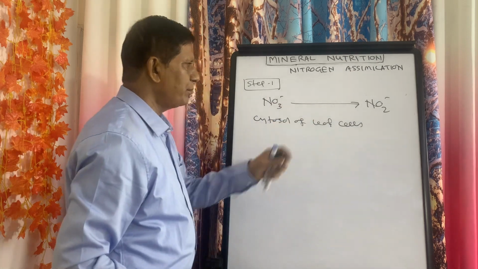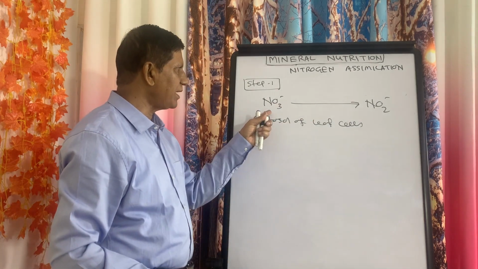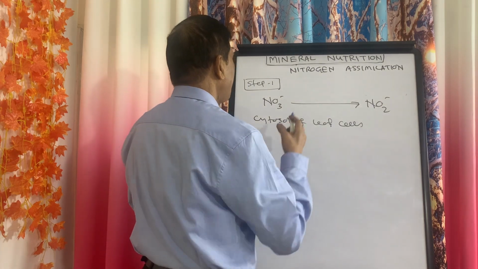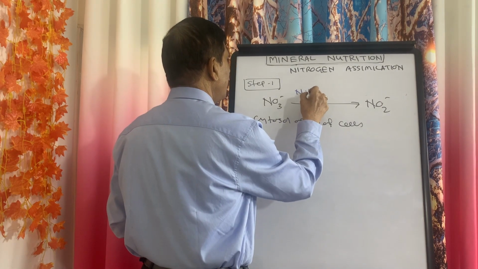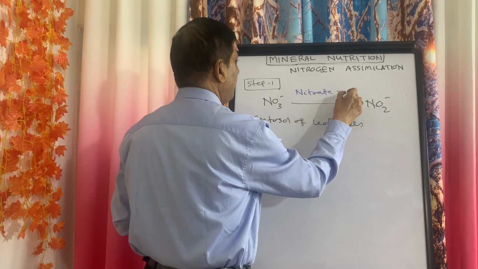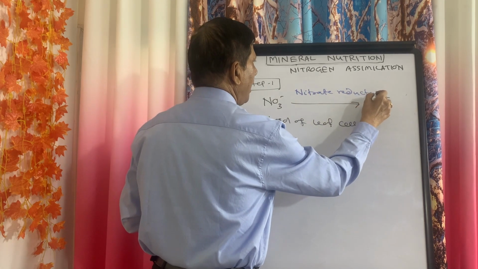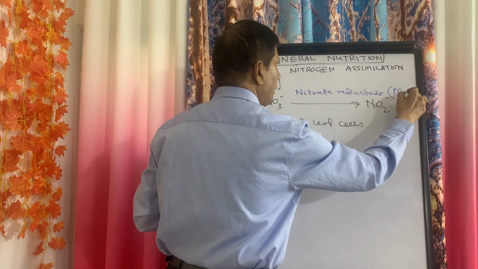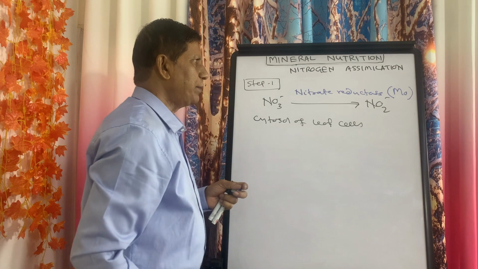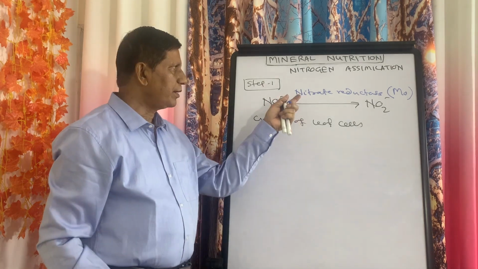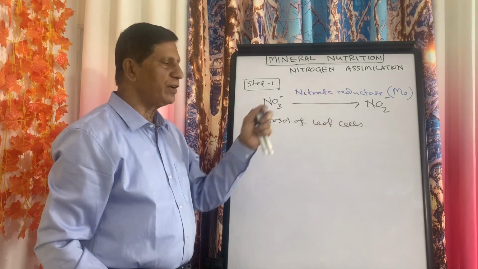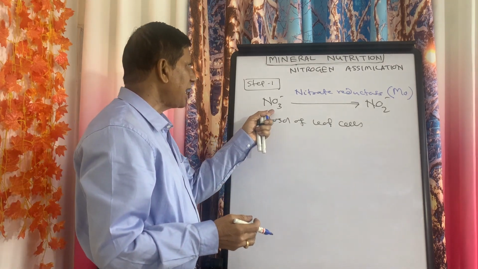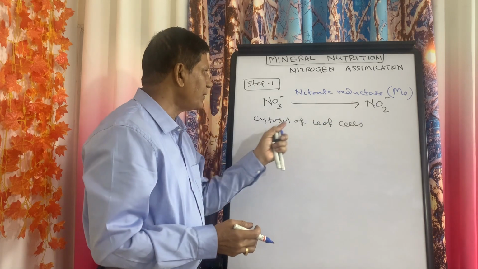And for this reaction, conversion of nitrate to nitrite, the enzyme is nitrate reductase. The cofactor of this nitrate reductase is molybdenum. That means molybdenum is required for its activity, and nitrate is converted to nitrite only in the cytosol